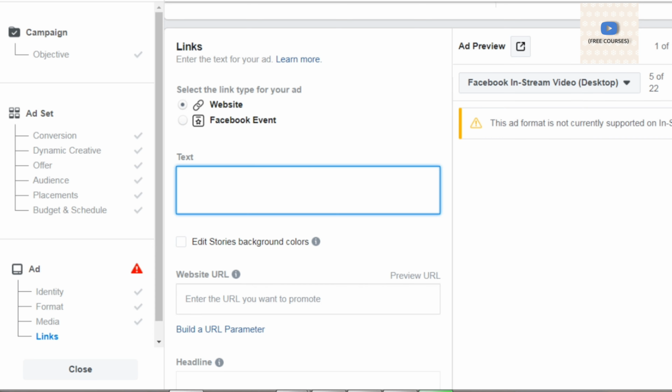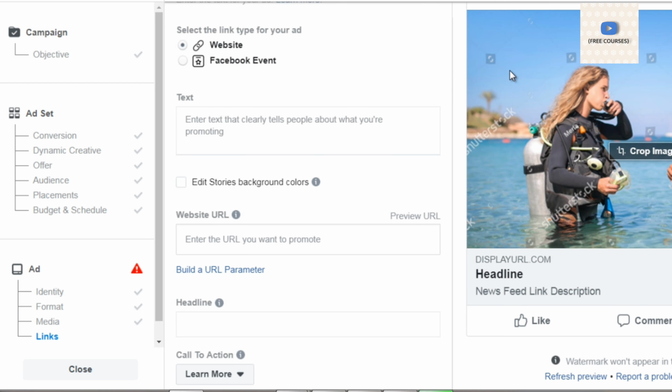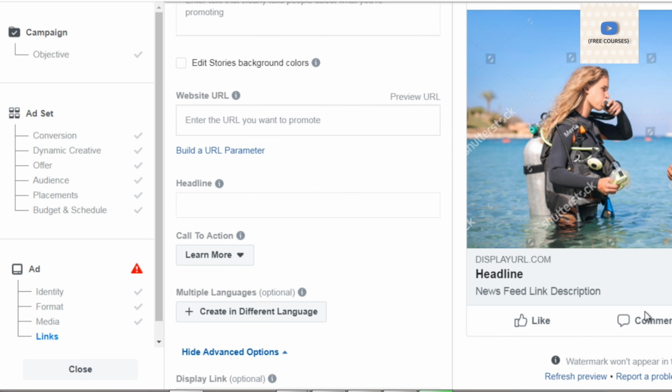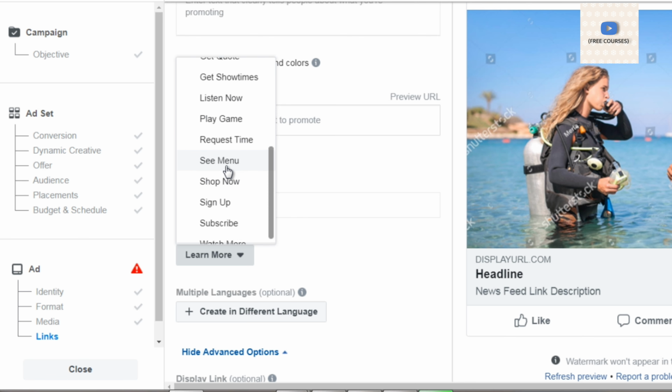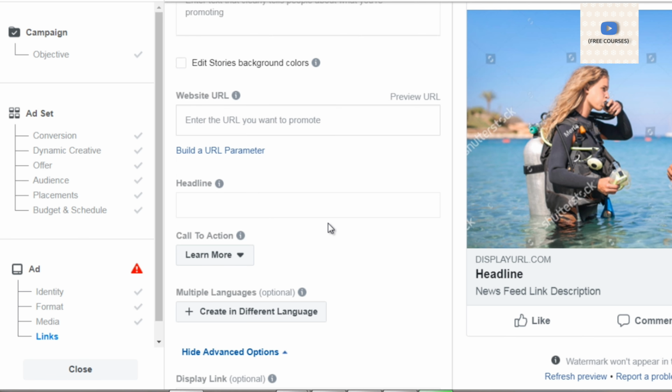So if we take a look at one of the ad previews here, when you see the ad, the text is going to appear above the image, this right here. The website URL that you want to send them to is going to be here. And the headline is going to be right here. So if you enter the website URL, it will display the URL here. And then you have the headline, you have the call to action, which appears to the further right. Let's see if we can move that over, but it's going to be on the right-hand side. So the call to action can be learn more, apply now, book now, contact us. So it really depends on your offer, and you can go from there.